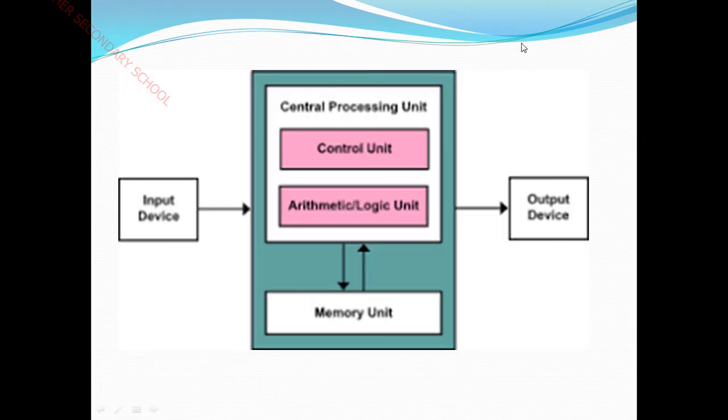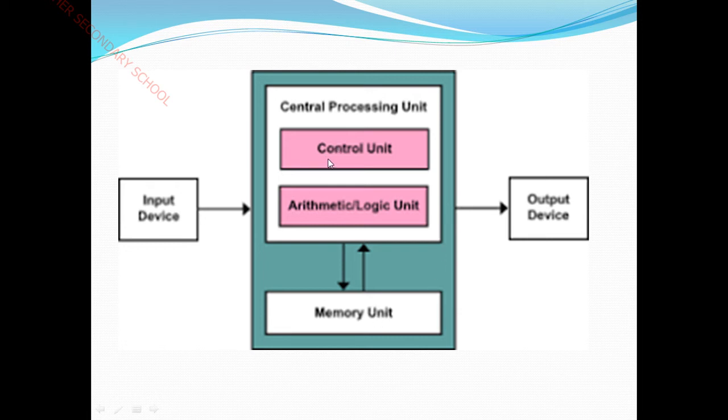So this is the block diagram of the CPU. In this I have given you a CPU. Next in this we have an input device, and here we have an output device. However, this CPU is separated into three major important units. One is the control unit, another one is the ALU, another one is the memory unit. So the input device receives input from the user. For example, if you enter two values on the keyboard, for example 2 and 3, that has to be processed by the help of this CPU.